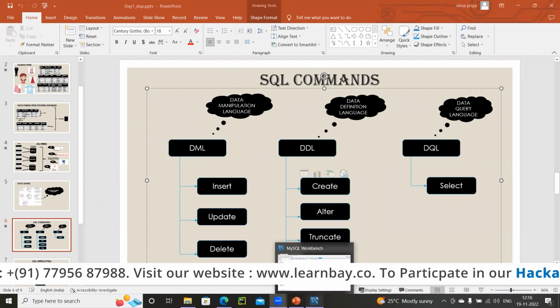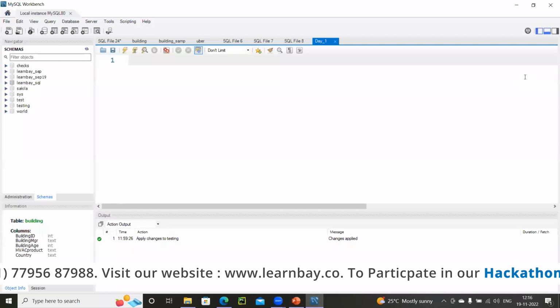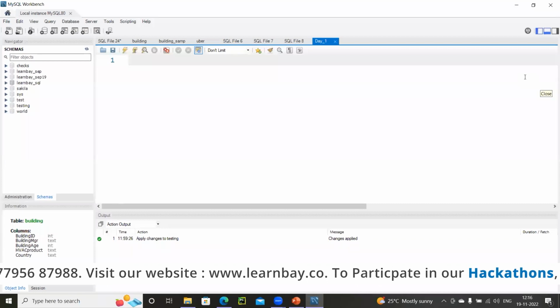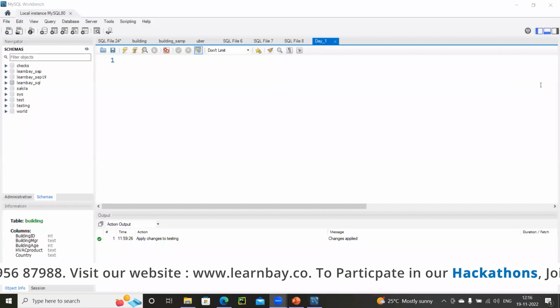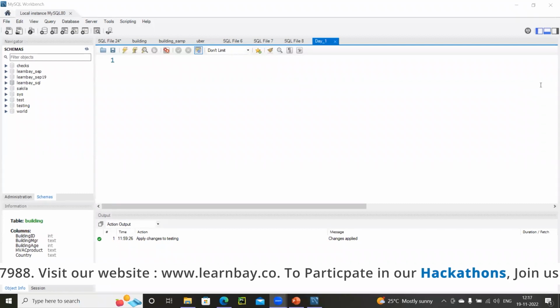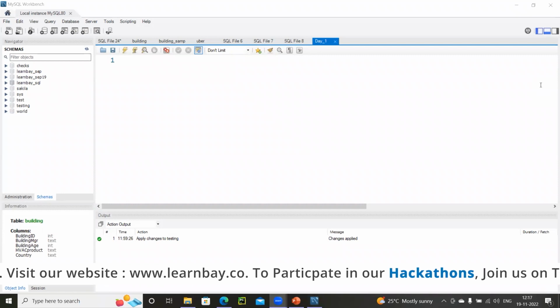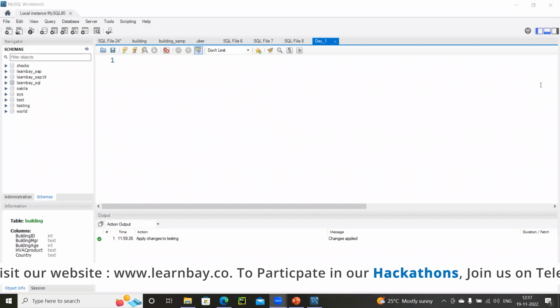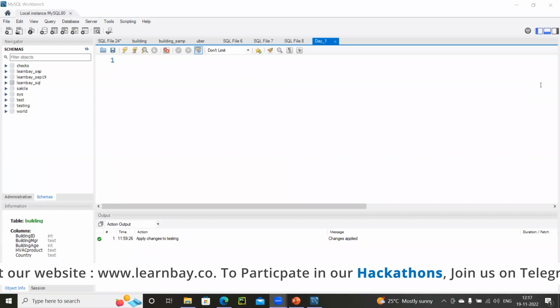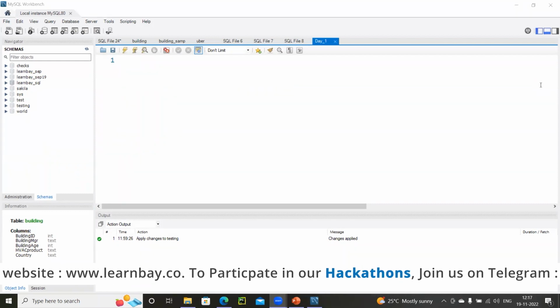MongoDB and RDBMS. MongoDB is a NoSQL database. RDBMSs handle only structured data, right? Like your MySQL, your PostgreSQL or SQL Server. All these come under the category of SQL databases, which means they can handle only structured data. It has to be in a row and column fashion.